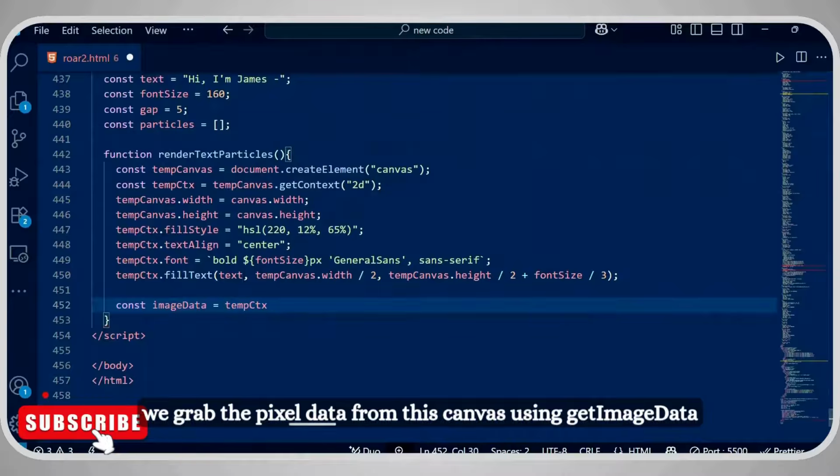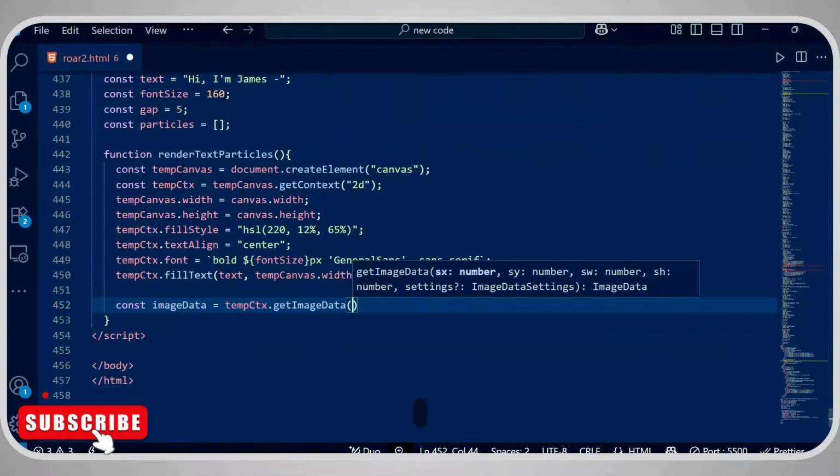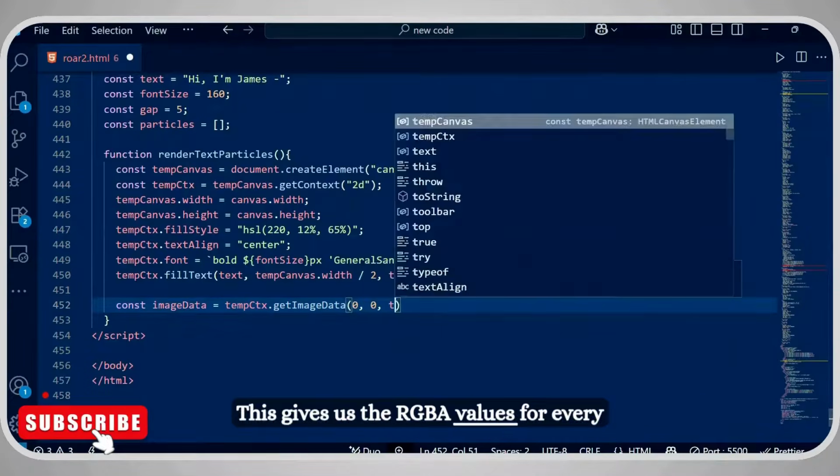Next, we grab the pixel data from this canvas using getImageData. This gives us the RGBA values for every pixel.